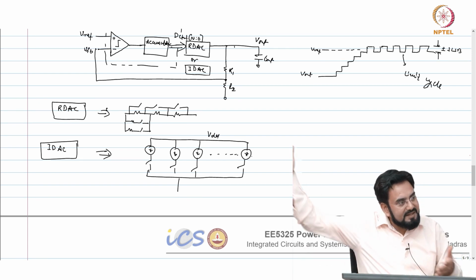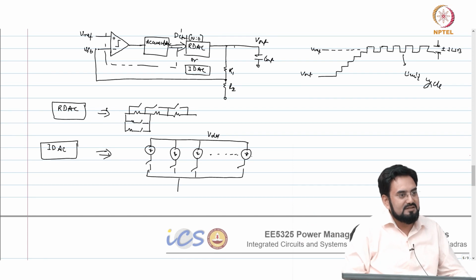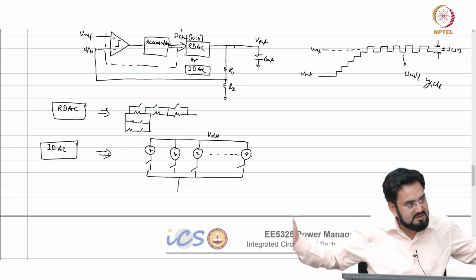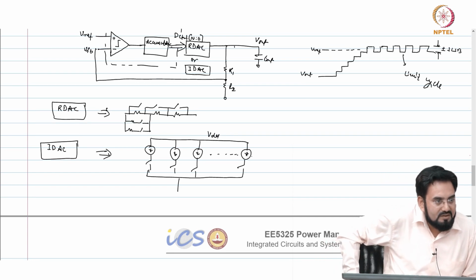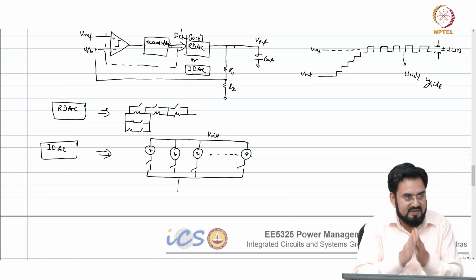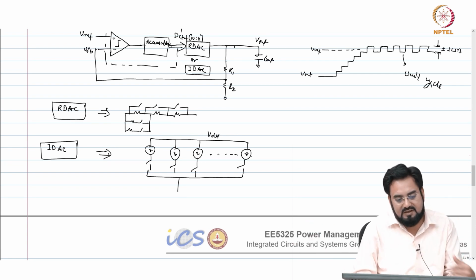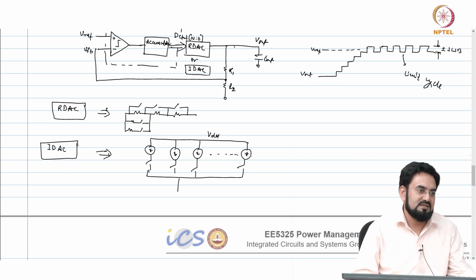Now, you have to supply a 10 milliamp current. So, how many? You require 10,000 of these roughly. Which means the resolution requirement here might be very high, not just 7 bit, but you may require 12 bit, 13 bit kind of to cover the entire range of the load. Okay, but if your load is fixed, then it is not a problem, but if your load is varying a lot, then the requirement for resolution would be very high in that case.